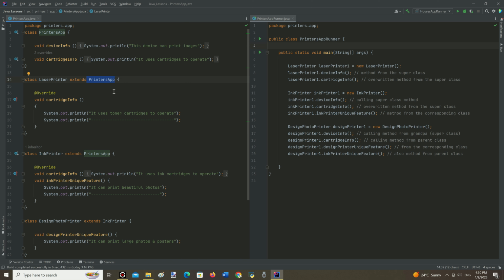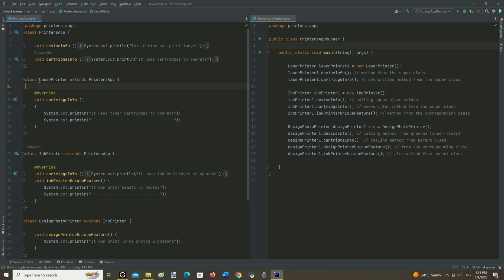In this example, there is a class printer's_app that serves here as a super or parent class for many others. It has 2 methods, device_info and cartridge_info. One of the methods, cartridge_info, is overwritten from the superclass printer's_app by the subclasses LaserPrinter and InkPrinter. So it can perfectly show how both overriding and inheritance work.